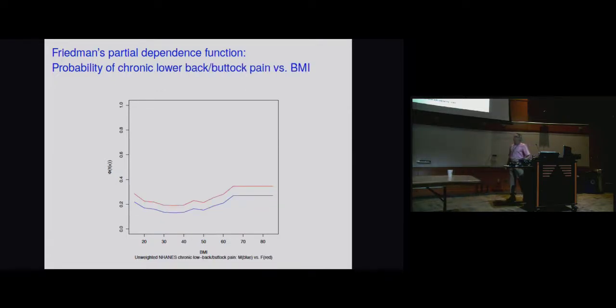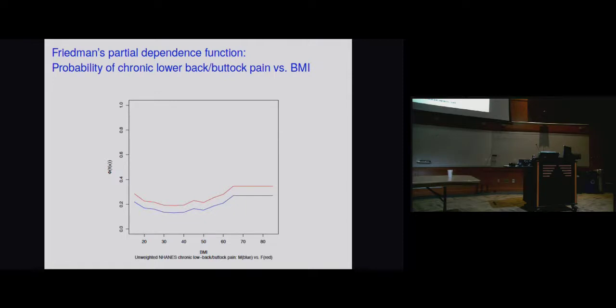But with back pain, there's some trouble. And it's not just the heavy people, it's actually the frail people too who have a higher probability of having lower back pain. If you're frail, it's up here about 30%, and it goes down. At 30, which is I think where overweight starts, it's actually not too bad, but then it starts going up dramatically once you hit 50, and then it's flat. I think what's going on here is there are some people out here, but not a lot of them, thankfully. But there's a couple.